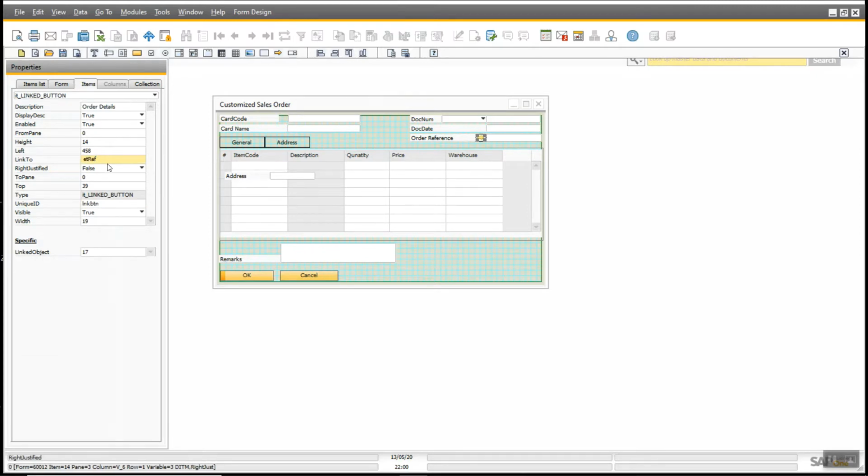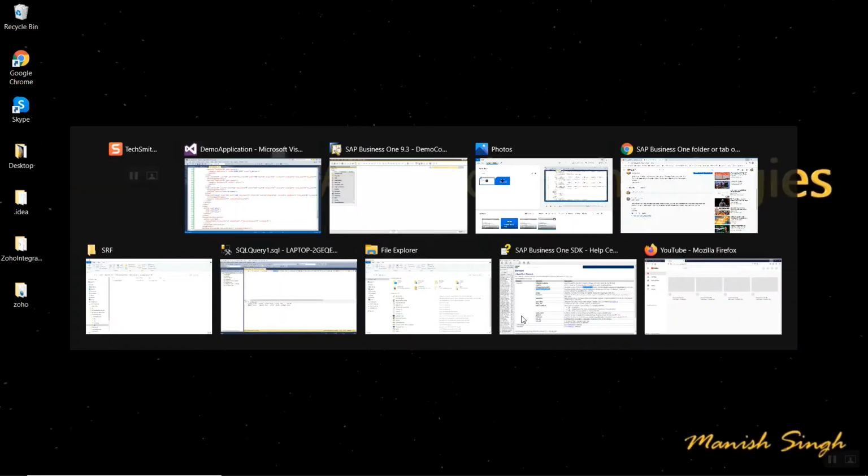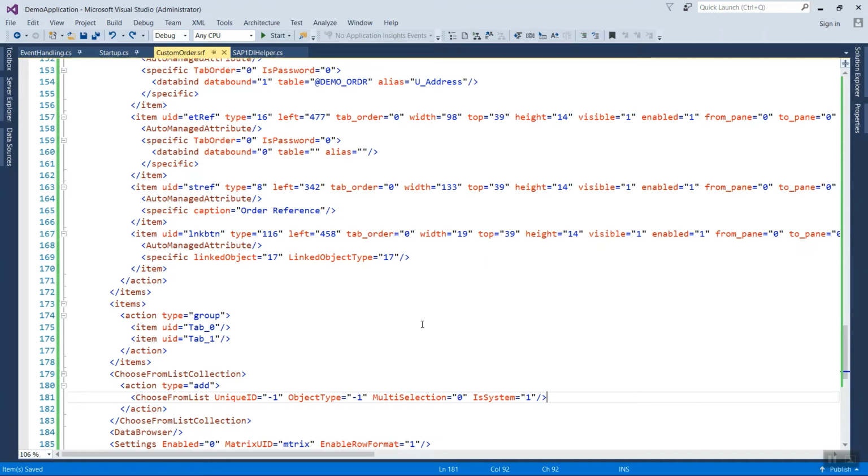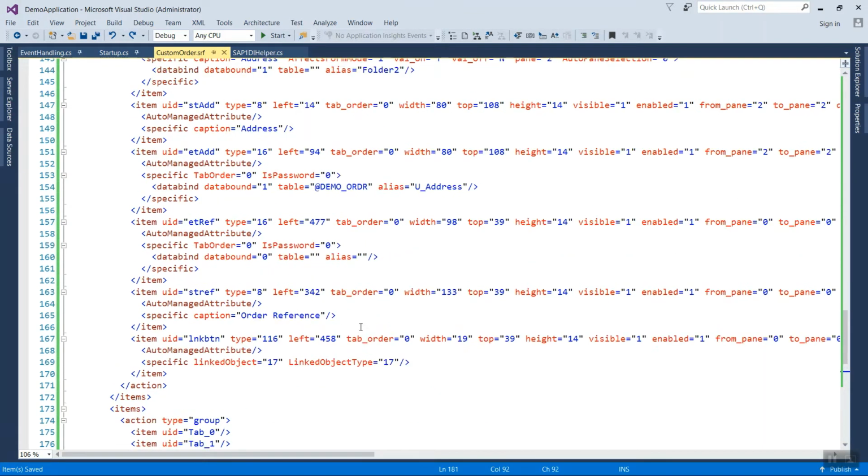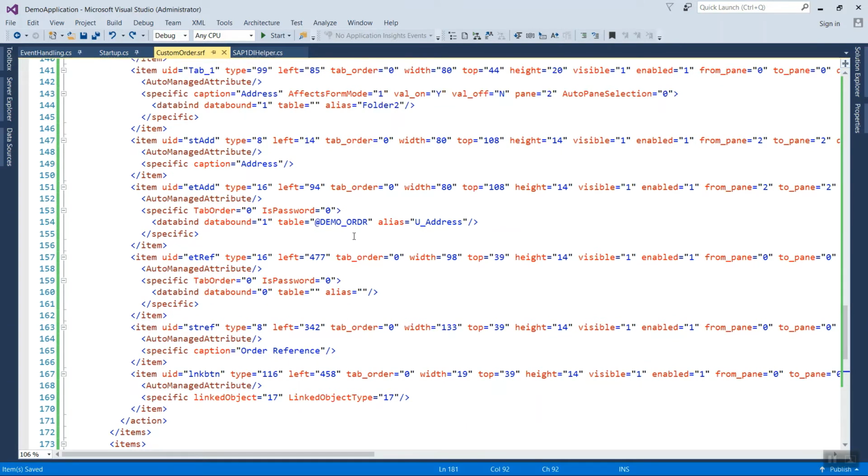So we have completed the design part. In the SRF we will change from here, because some of the parts I always change through the SRF file, because it is easy for me rather than changing in the screen painter. So let me do that, like binding the UDF with the field.